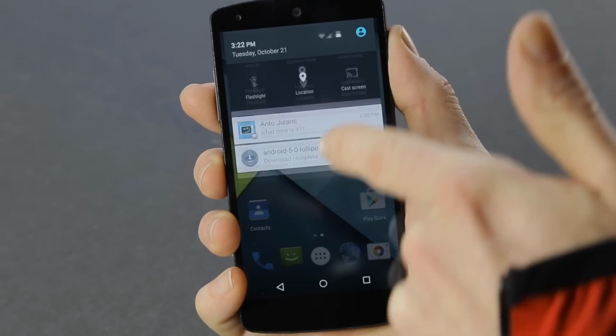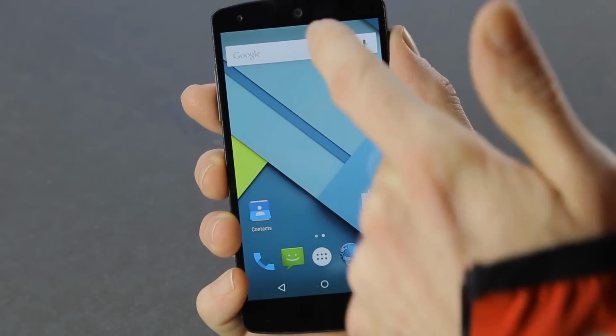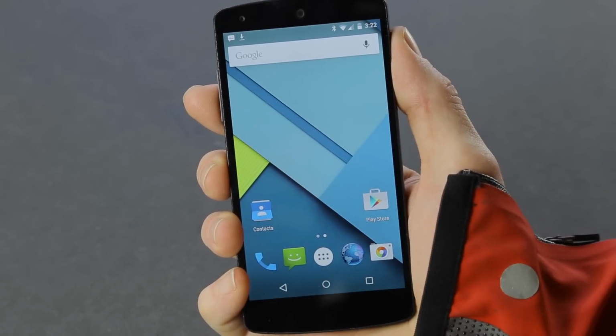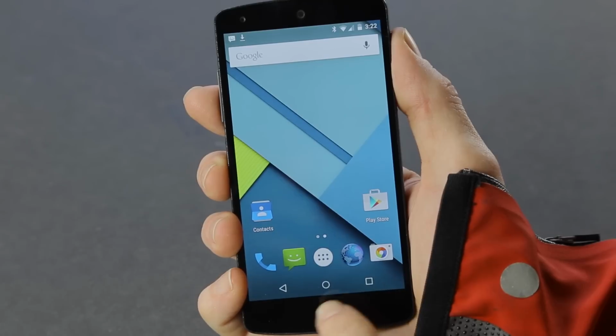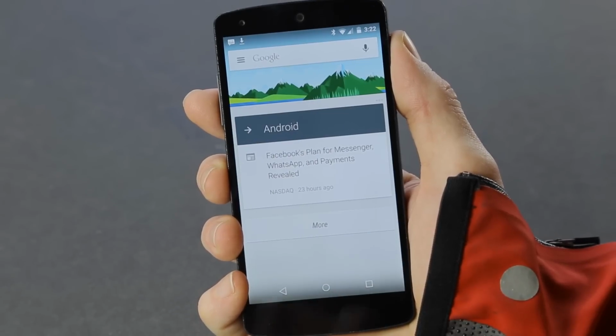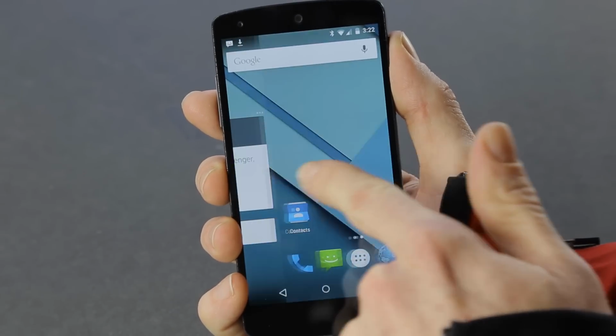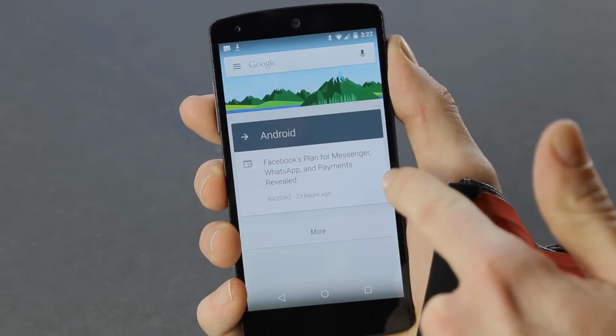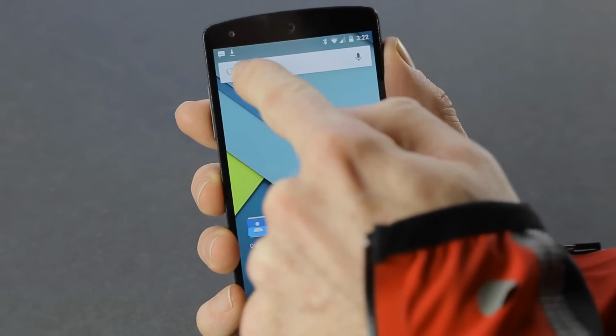So everything in Android 5.0 is kind of taking after Google Now a little bit. There's a little bit of the card thing going on. Everything is super flat. And of course, Google Now is right here as well. You can access it as always with a swipe up from the bottom, or you can swipe it in from the side. One thing I wanted to point out to you quickly, if you take a look at the Google search bar,